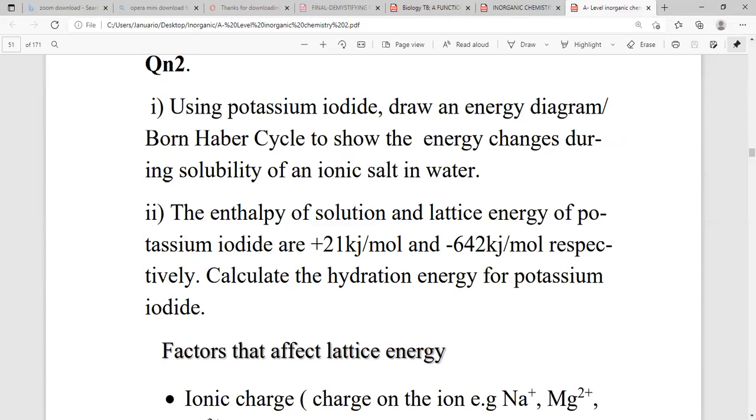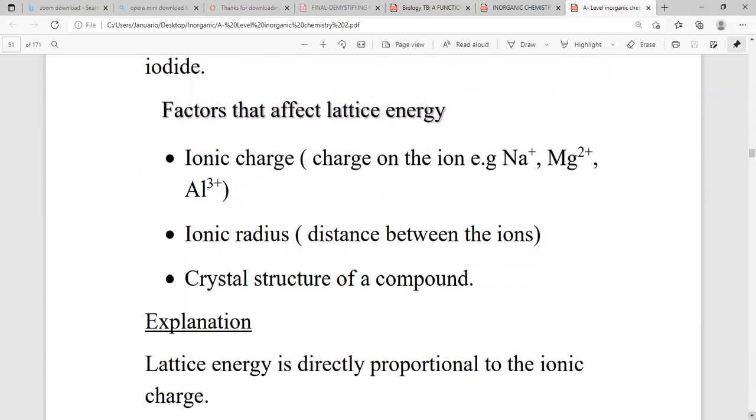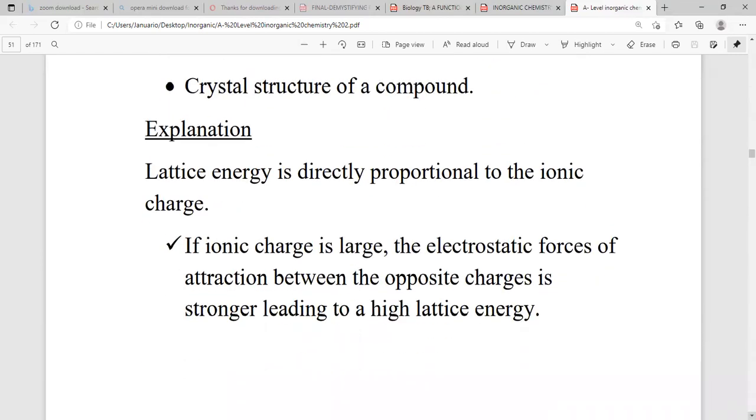We have ionic charge, that is the charge on the ion, e.g., the sodium ion and the magnesium ion. You have ionic radius, that is the distance between the ions, and you have the crystal structure of a compound. Some explanation: lattice energy is directly proportional to ionic charge. The higher the ionic charge, the greater the lattice energy,